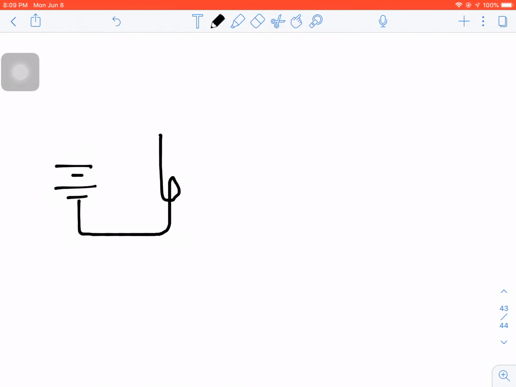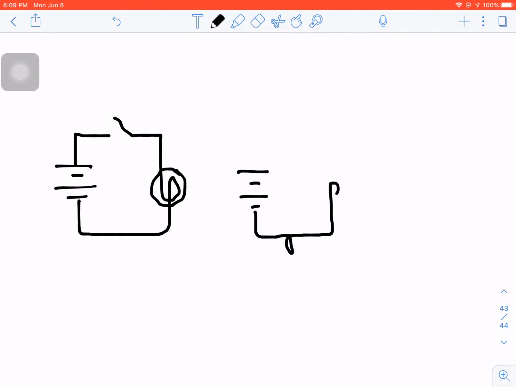Okay, and if I look at series versus parallel, if I've got a battery here, and I'm going to put a bulb here, I should probably put a switch in here. There's my bulb. Okay, there's my single bulb. If I wanted to put a second bulb in, I could put a second bulb in. Now I have one bulb and two bulbs. I could also set it up in a configuration